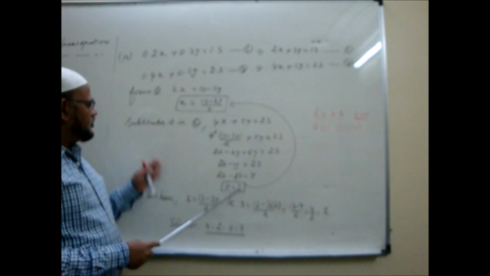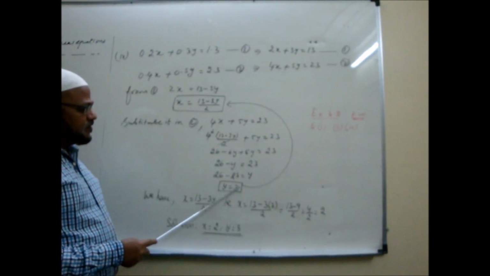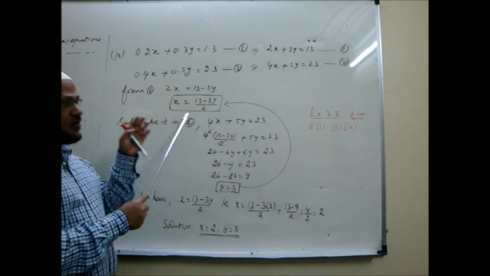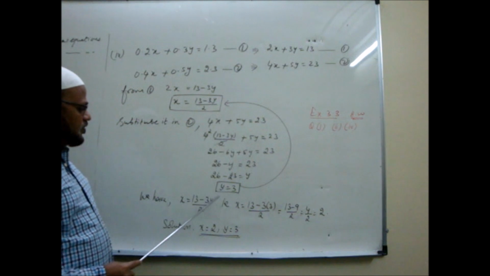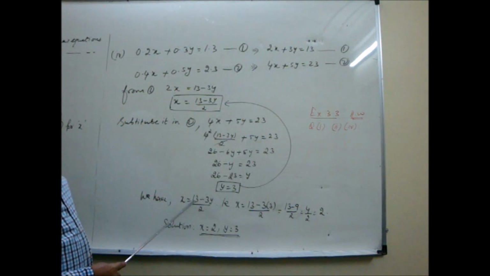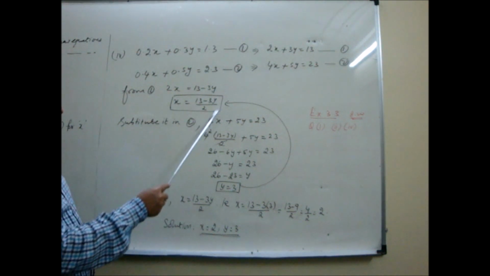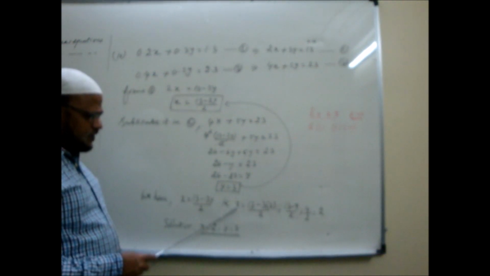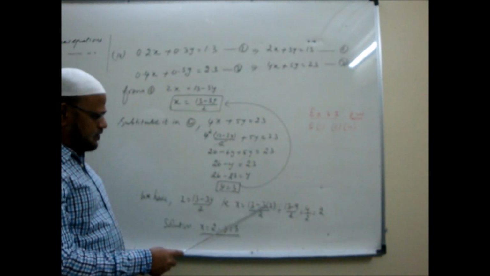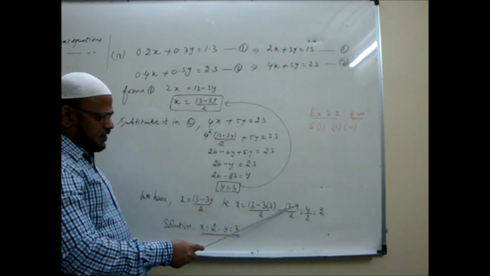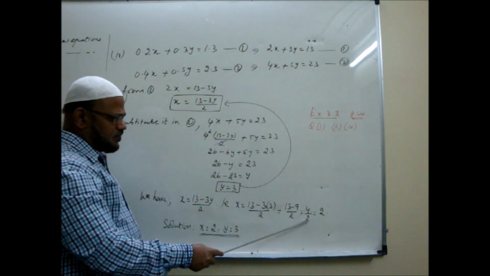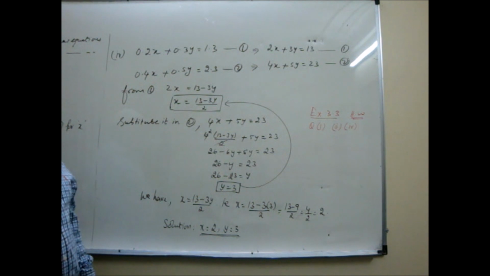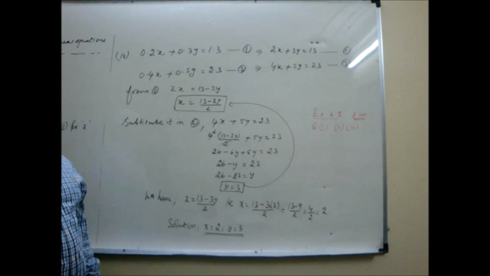Okay. So when I do like that, I got the value of y. This you resubstitute in your x. You made x in terms of y ready now. There you put it back here. So what is coming here is x is equal to (13 minus 3y) by 2, which you have already in hand. Yes, substitute y is equal to 3. So x is equal to (13 minus 3 into 3) by 2. Means (13 minus 9) by 2, that is 4 by 2, that is equal to 2. So x is 2, y is 3. Okay, solution ready. This is what the substitution method is.